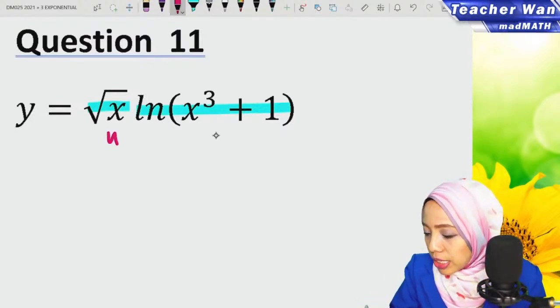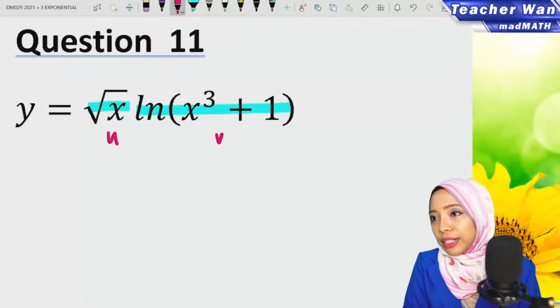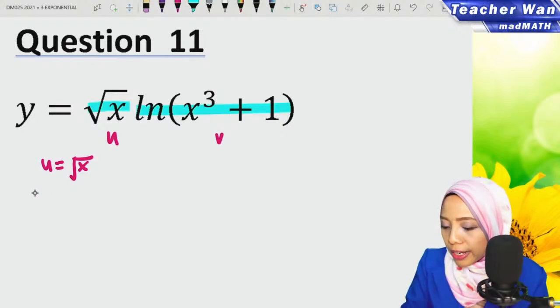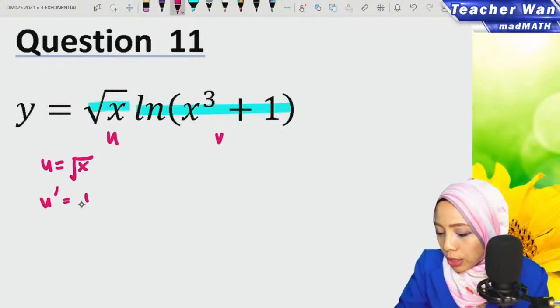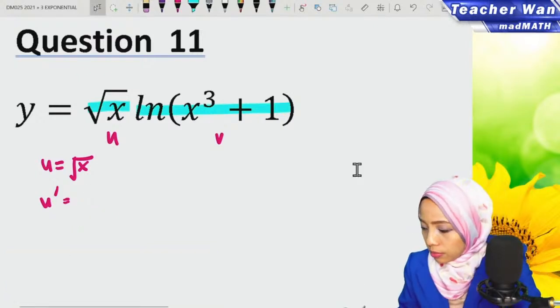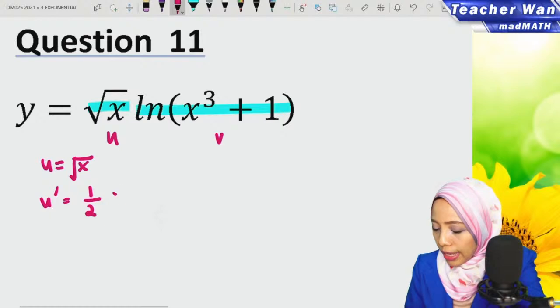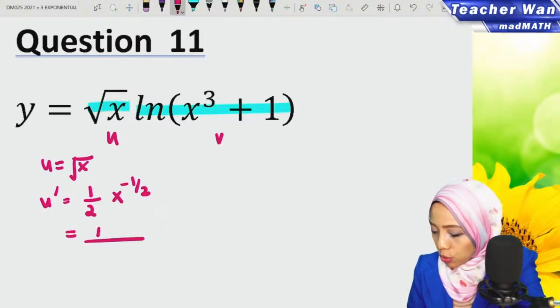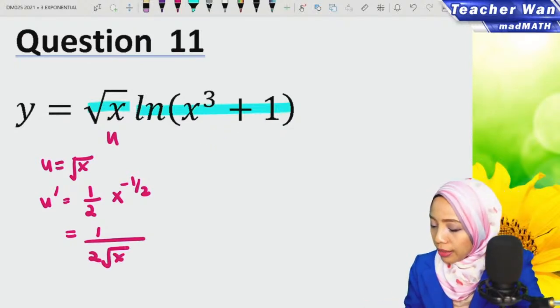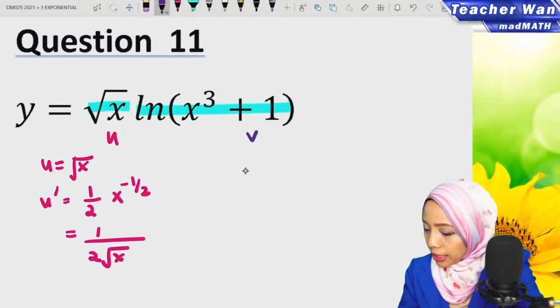This is your U. This is your V. Okay, product rule again. So your U is x, your U prime is 1 over 2, 1 over 2 x to the power of 1 over 2 minus 1. So negative 1 over 2. Meanwhile, the V, I put it in purple color. So V prime equals...